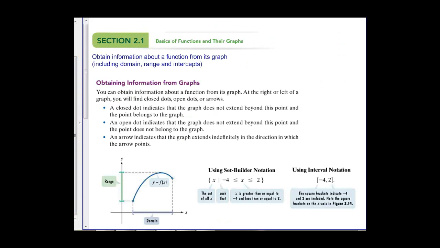All right. So there's a lot. We only have one page, but it's a lot of information on one page. So we're going to talk about all the information we can get from a graph. I do want to mention set builder notation. The reason this is important,